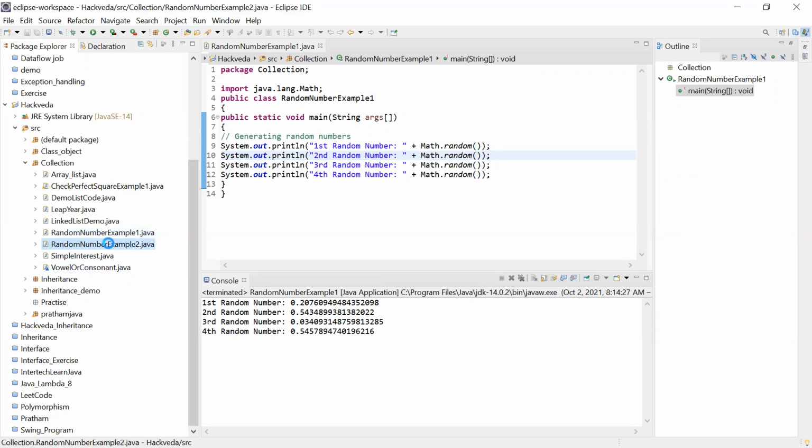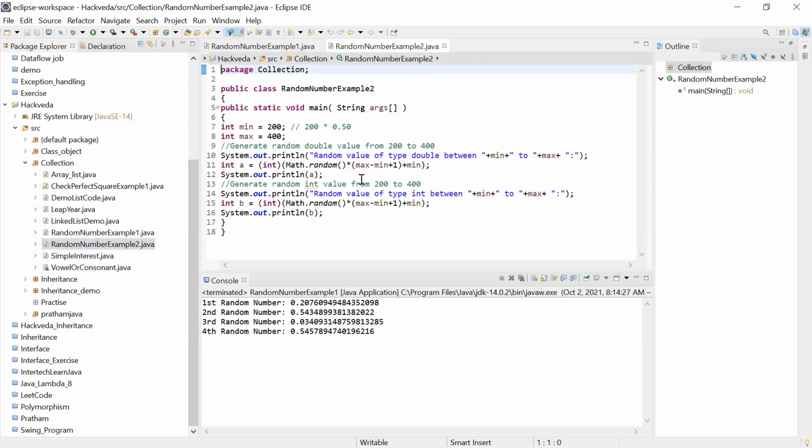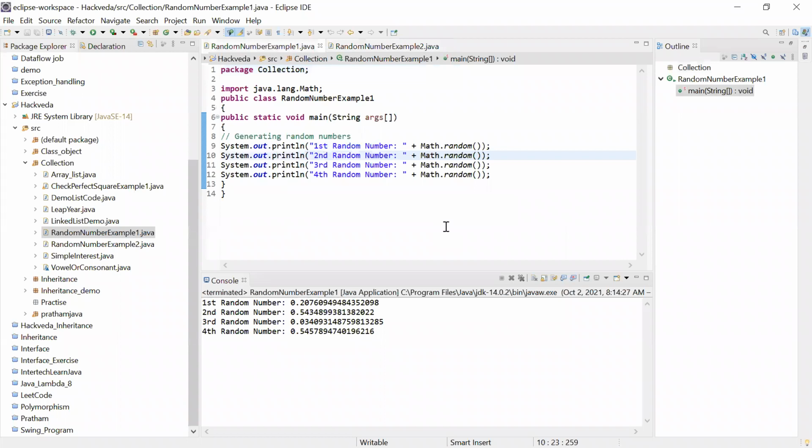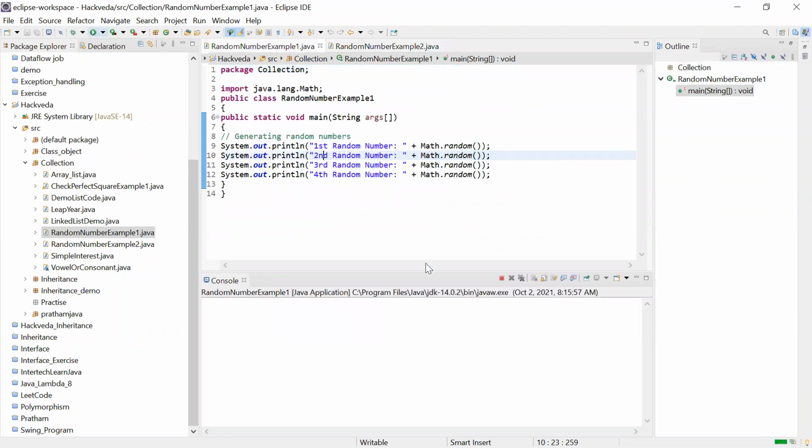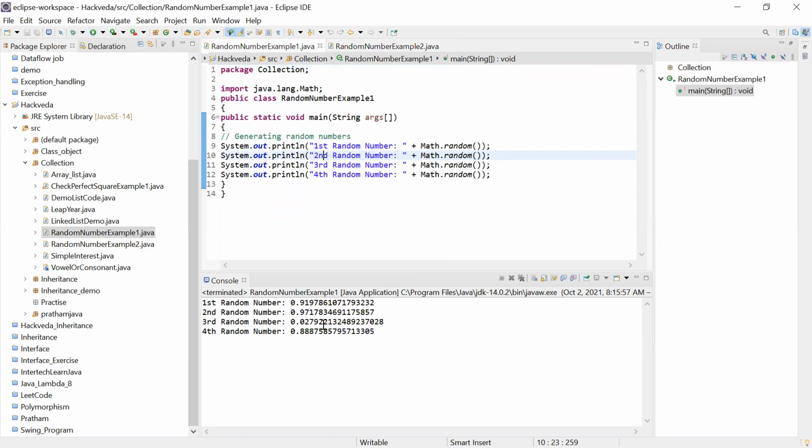One more program is how you can generate a random number within a certain range. So if we run again, will we get the same value or a different value? Let me show you. See, a different value.